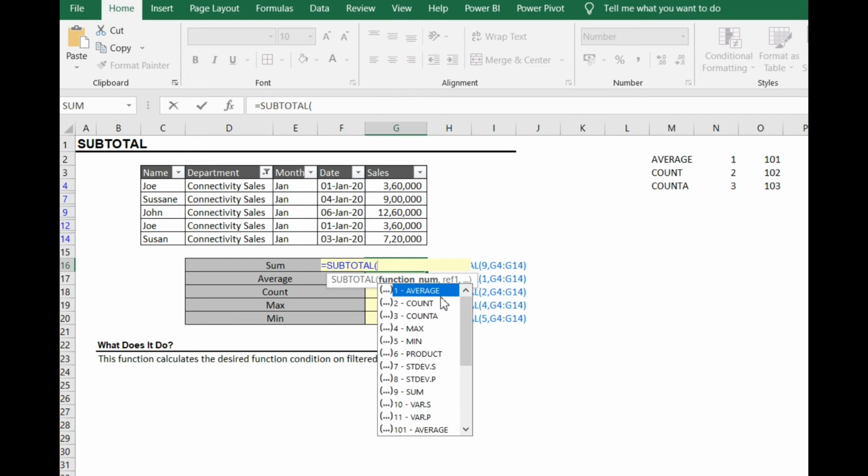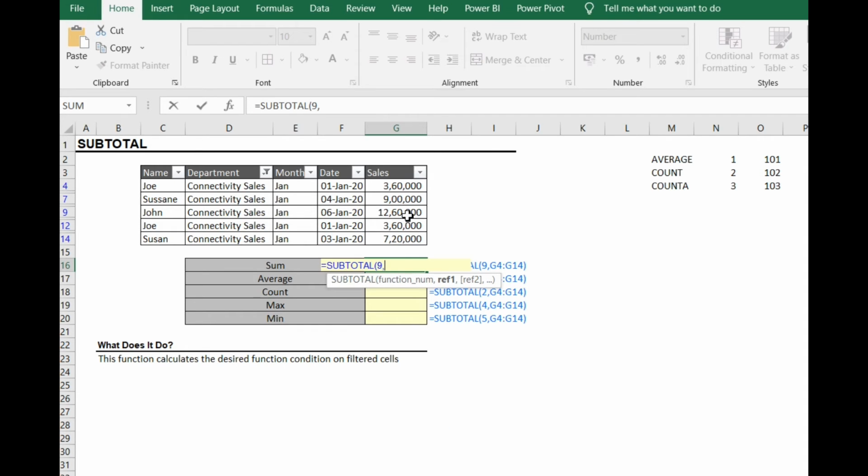So you see a number of activities which you can do using this function: average, count, count A, max, minimum. So we need to find the sum, so we need to write 9 because 9 is the function for sum,